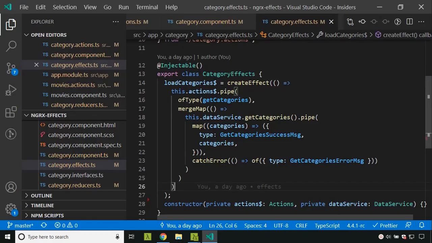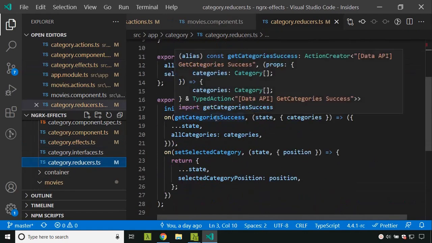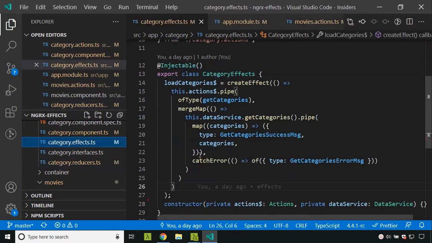So in the case of categories and the movies, once the side effect is completed, we are sending a new action that is getting handled by our reducer. You can see that the get category success is getting handled by the reducer. And suppose we did not have any action to be performed or we did not want to update the store.